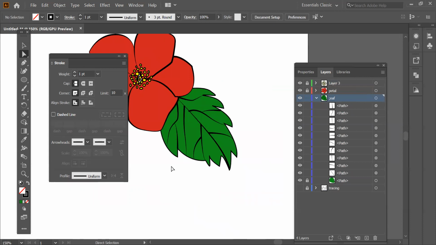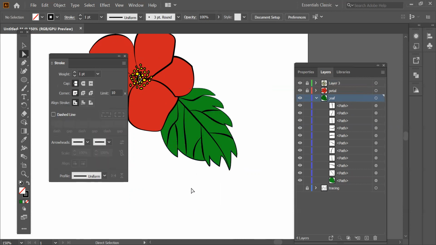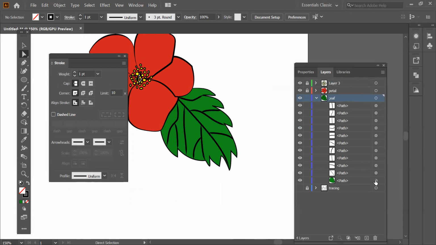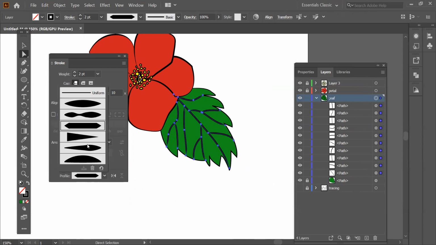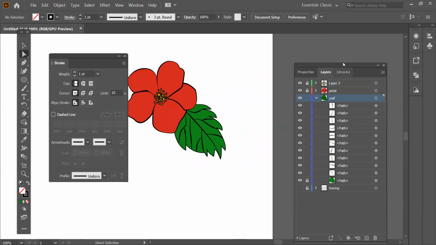And why we locked it, try to understand why we locked it, so that I didn't want to apply anything on the bigger stroke. So if I'll open it up and apply the profile over there also the profile got applied. So it's on you if you want to apply that over there or not. I didn't want to, so I locked it. I don't want to apply anything over here. So I'm just gonna lock it and then I'm gonna select. And now see, you can easily edit it. See, yeah, this petal is also done.